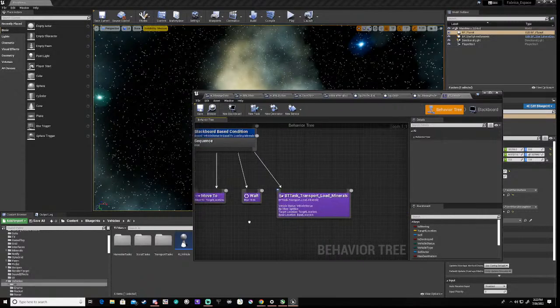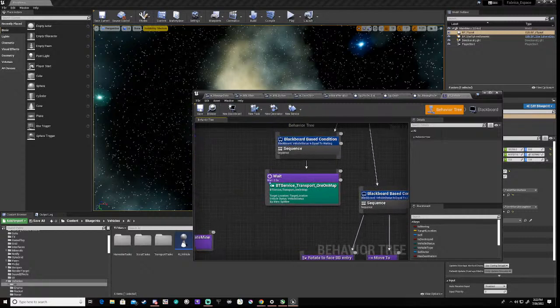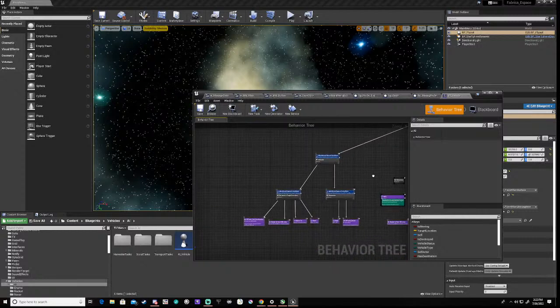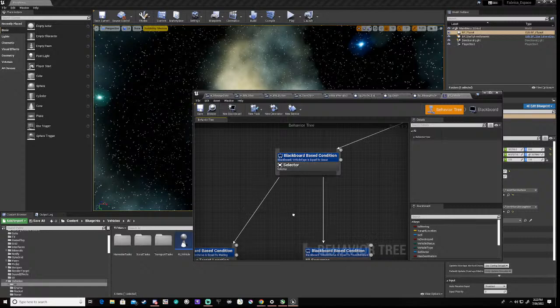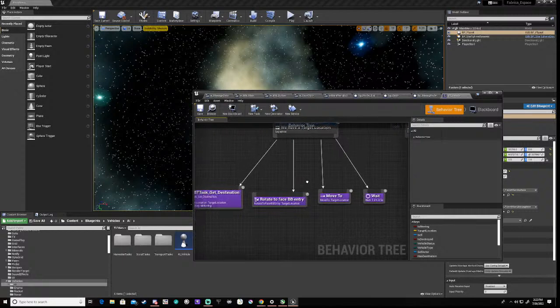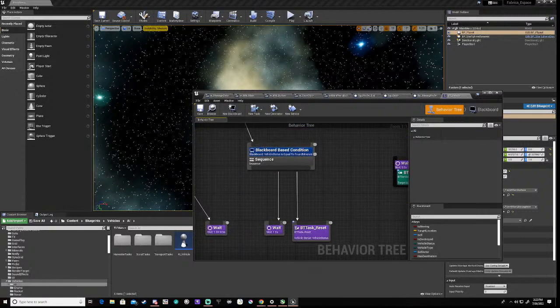Right, so we need, it's doing this task of, actually it's not, this is it here. Okay, so what it's doing is a scout, then we're waiting, then